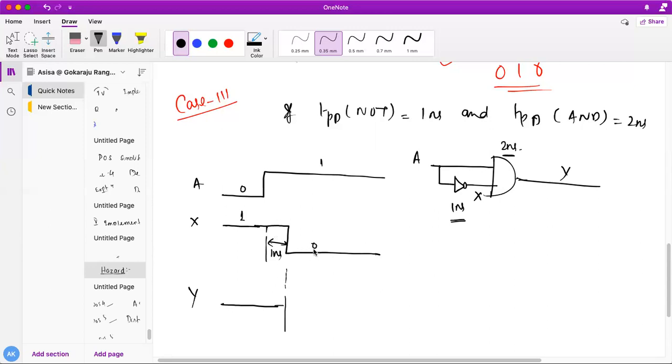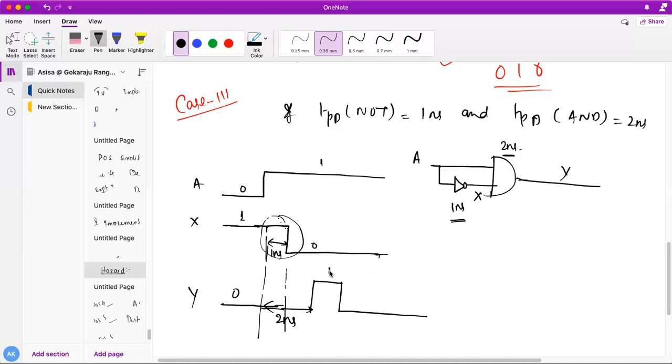This is my after 2 nanosecond. So after 2 nanosecond means obviously from here, after 2 nanosecond, this is 1 and this is 2 nanosecond. So after 2 nanosecond, I would expect a change in the output, this one. Okay, do you all understand? Because of this, it came after what nanosecond? After 2 nanosecond it will get reflected.